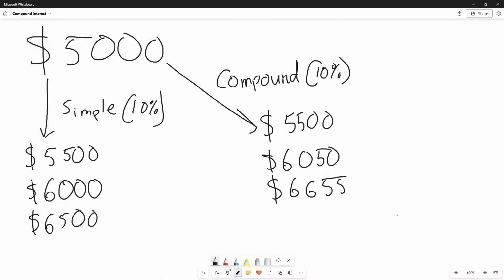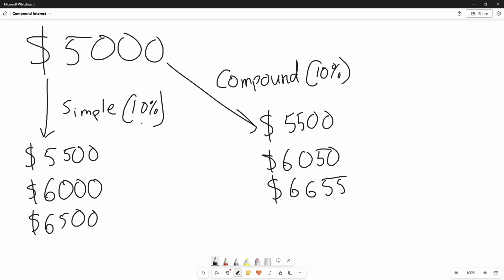So if you don't know what interest is, it's a small percentage paid by a bank or company that's added on to initial investment. And the difference between simple interest and compound interest is that, let's say you have $5,000, and for simple interest, let's say the interest rate is 10%, like I wrote here, and this percentage means